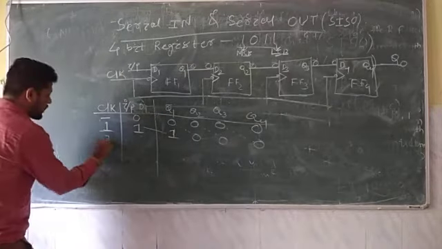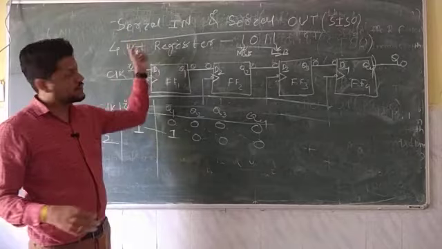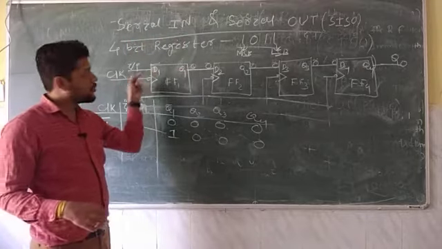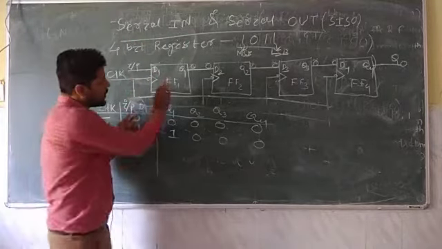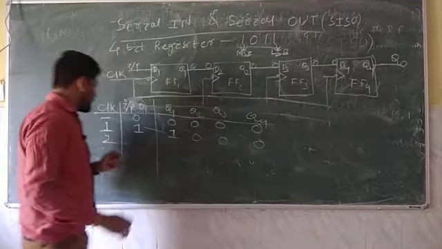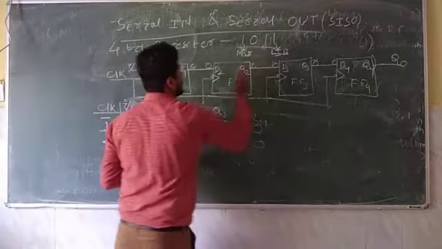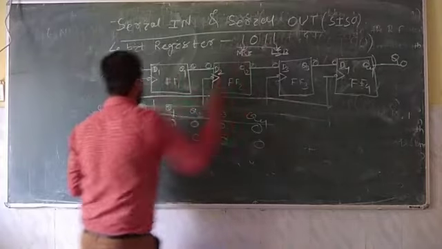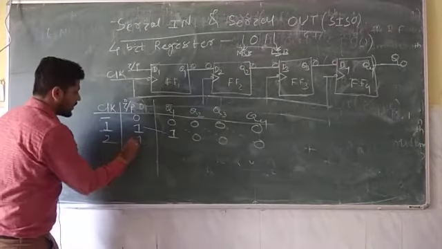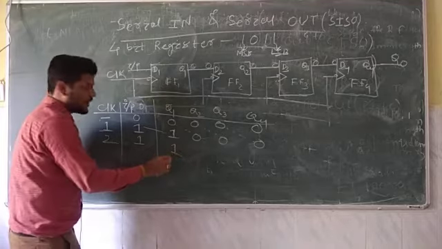When the second clock pulse is applied, what will happen? One by one you are entering, because your serial in is entering one by one, and the remaining bits are just right shifted. So the next bit is here. That is your 1. Next bit is your 1. So again you are entering here as 1. This 1 is coming to here, and again what will happen?